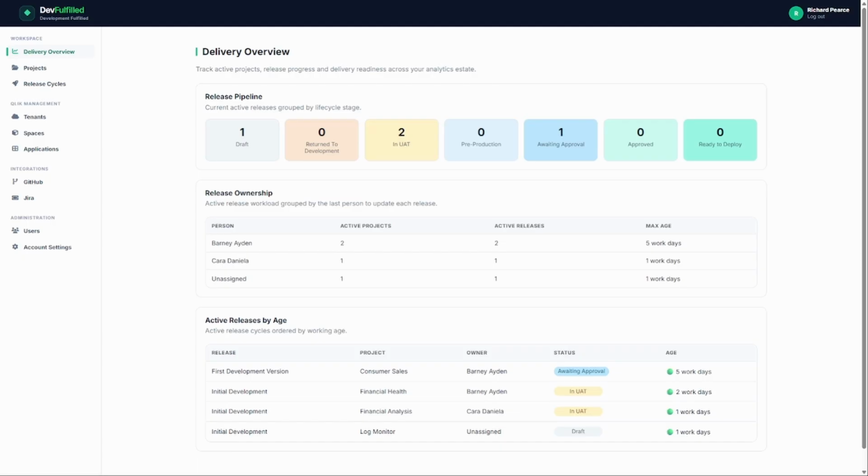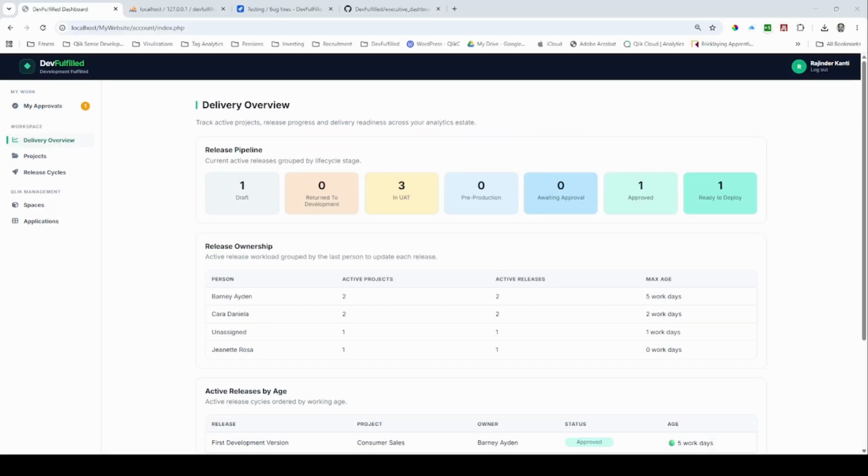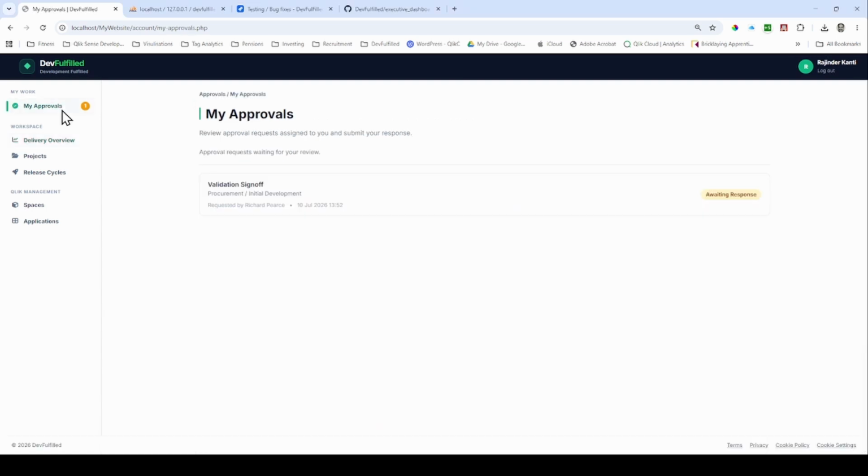This gives you a quick overview of everything that's happening across your project. We can see any release and any approval that needs your attention. So rather than searching through multiple systems, everything is brought together in one place. This is a great starting point for a team to discuss what's currently in the release cycle and if you've